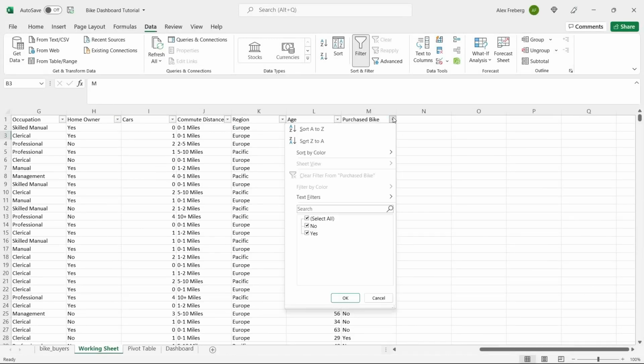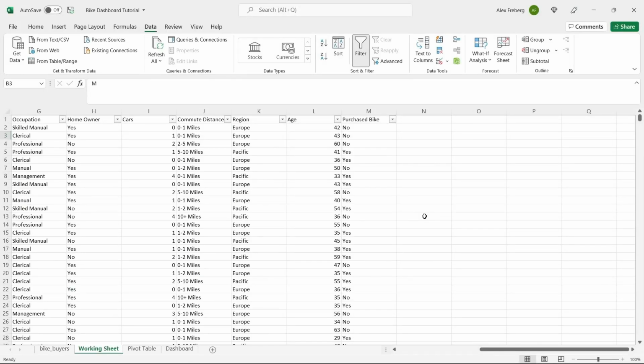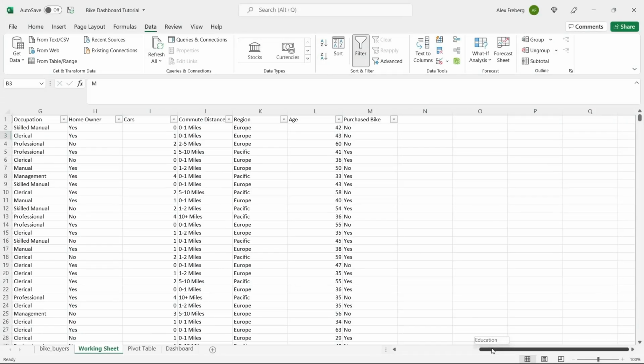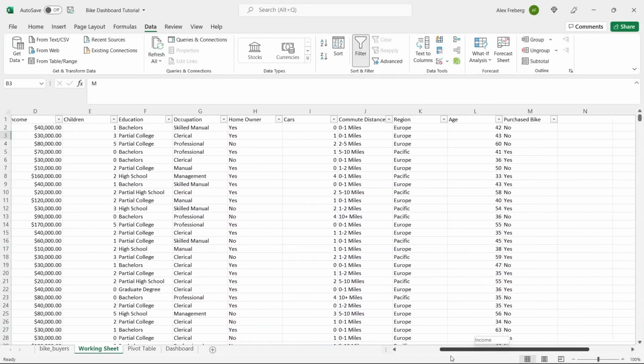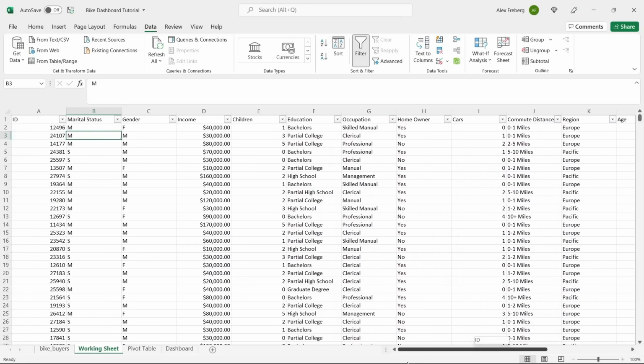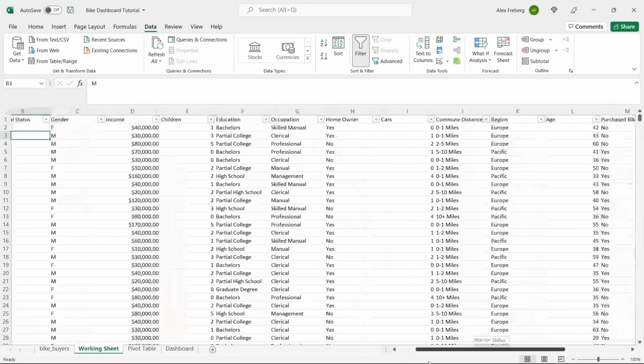And this column right here is extremely important. This is going to tell us whether they did or did not buy a bike. So we got their information. They're looking for a bike, but they either decided not to buy a bike or they did buy a bike. And we're going to be using that one a lot in this video. And so, this is basically the data set that we're working with, some of the demographics and information behind the